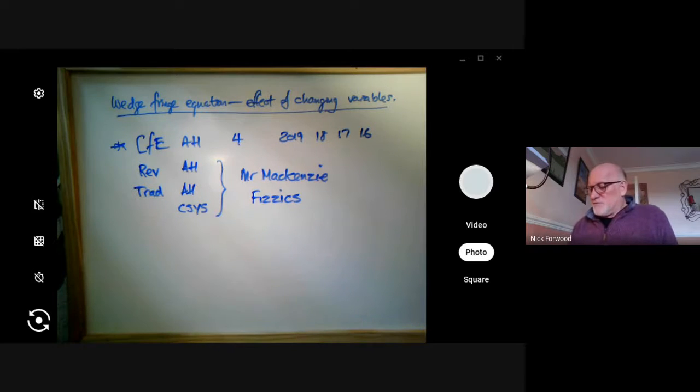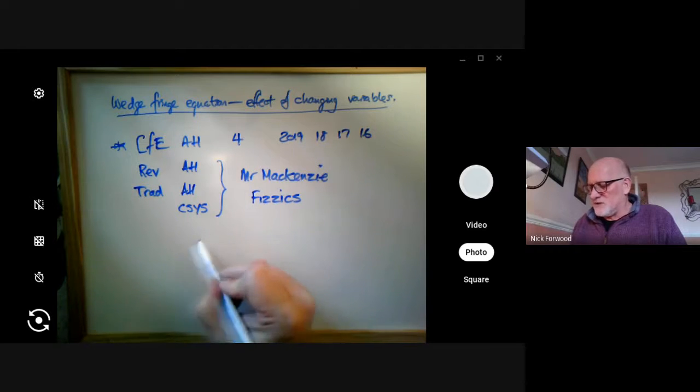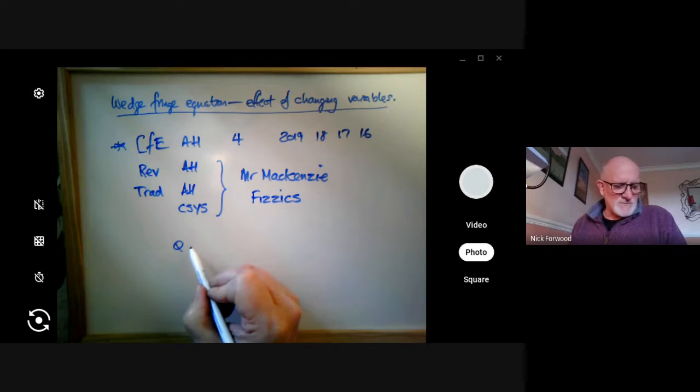But I am going to provide you with some particular questions that I want you to do that go back. You will find these questions on the Mr. Mackenzie Physics website. You'll have to look that up. So one question, for instance, I think I'm wanting you to do, if I can find it, is from 2013, and you only go back to 2016 on the SQA website. So if I say, right, I want you to do 2013, and I think there's a question, which is question 8